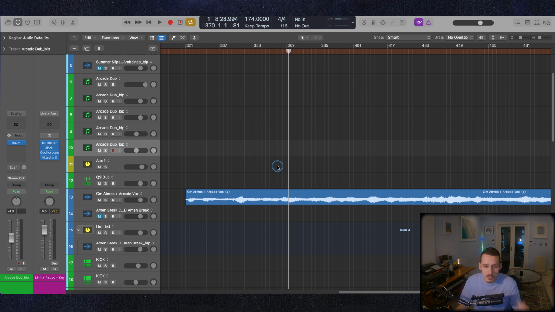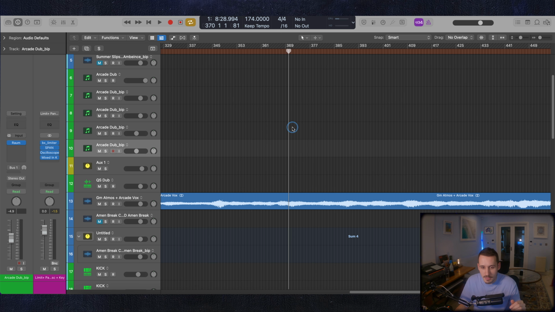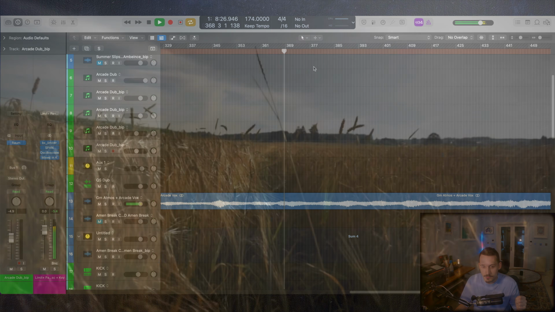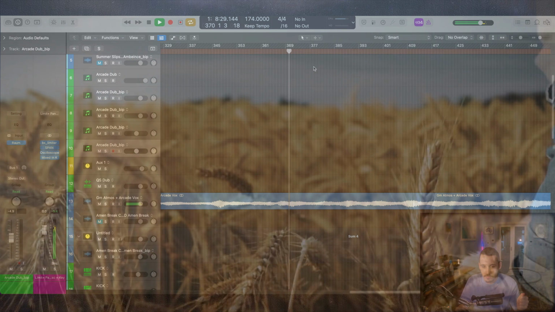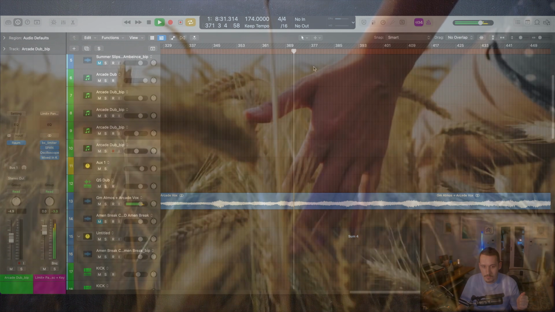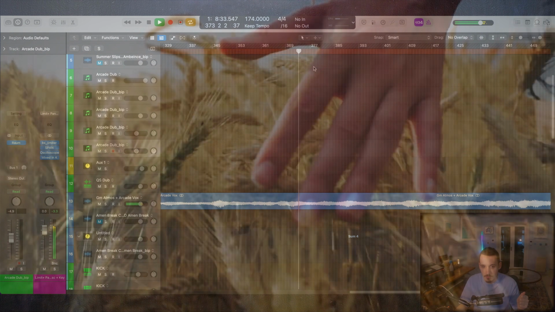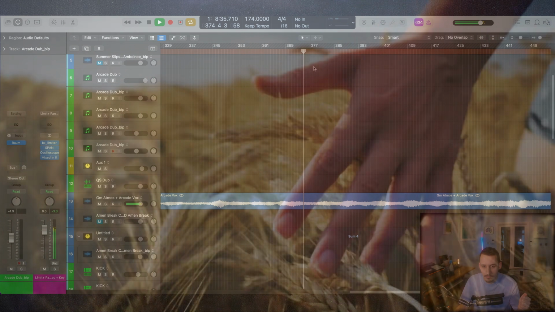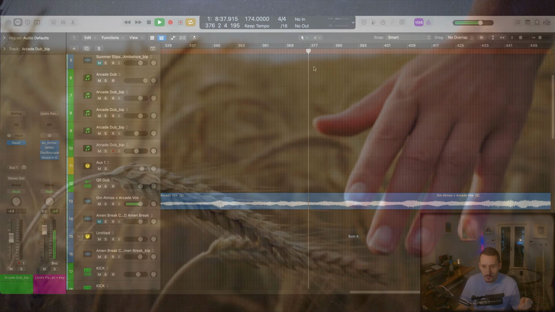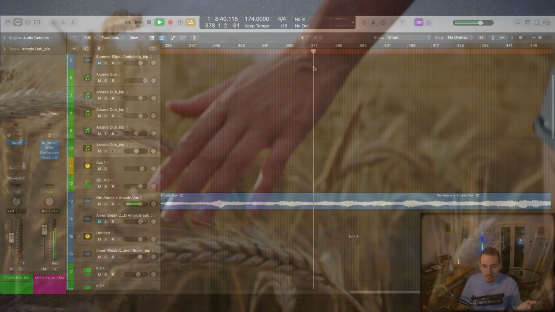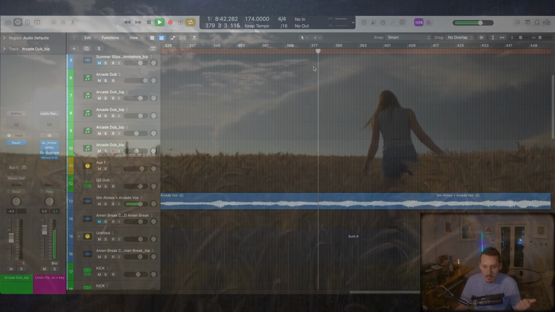So you can see here I've got the sample now. This is the one I bounced out before, which had the original Paulstretch sample in it, and then I've layered lots of nice vocals and dreamy little pad sounds over the top, just to give it a bit more density and interest. So delayed vocals are really good, lots of reverb.